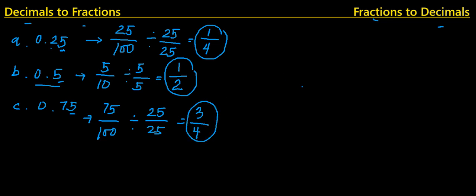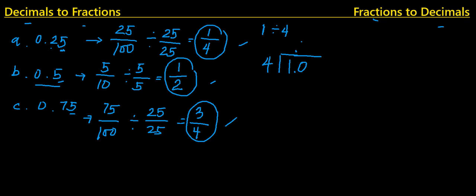Alright? Now let's try converting these to decimals. 1 over 4 is also equivalent to 1 divided by 4, right? So let's try the long division method. So we have 1 divided by 4. Since we cannot divide 1 by 4 directly, let's add a decimal. If the decimal point is here, we have to align it in the final answer.